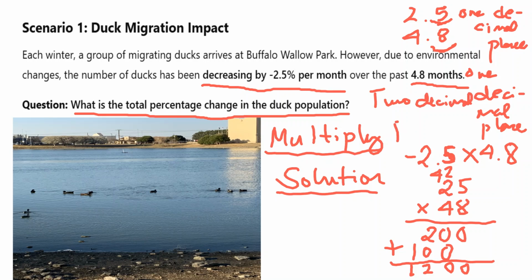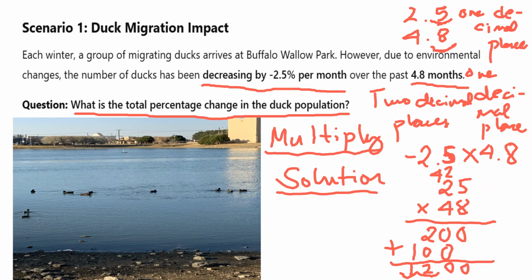Sorry about my writing. We only have very limited space in my slide. So we have one decimal place plus one decimal place, so all in all a total of two decimal places. So we're going to start from the right of our product. That will be 1, 2, because as we said, we have two decimal places. So therefore,